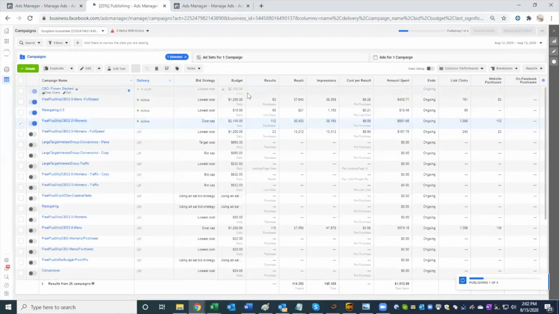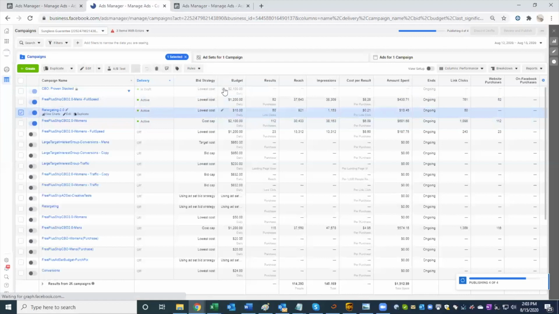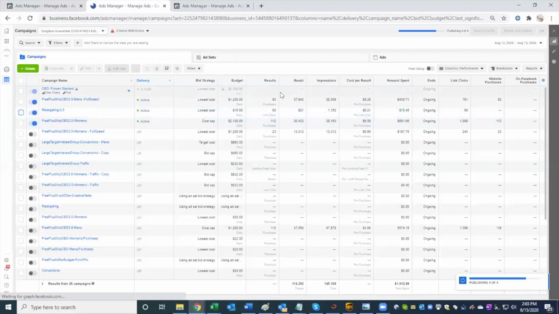There's no errors on it. Anytime you duplicate an ad set that has a CBO on it into a new campaign, it automatically says it has an error because it can't understand where the budget level went. Okay. So I just ask you to clarify for me what our difference is going to be between